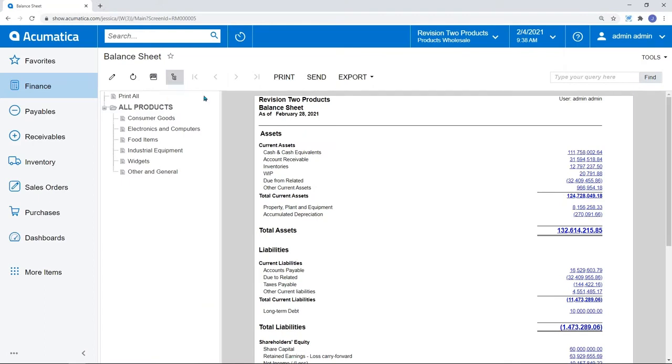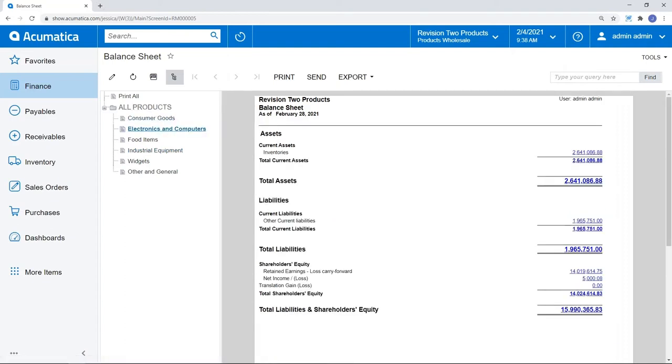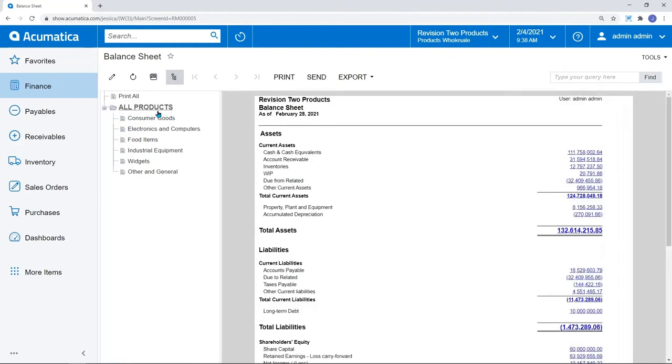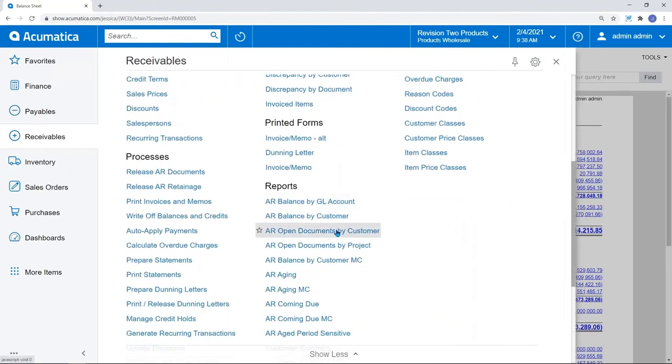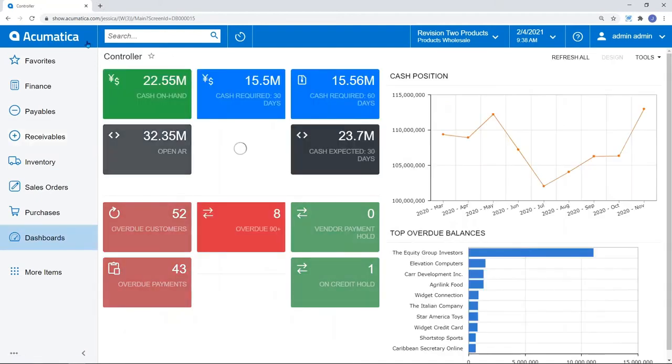So this balance sheet just happens to be broken out by product line. So if I'd like to just drill down into my industrial equipment or my electronics versus all of my products, I can do that very easily just by drilling into that specific unit set. We can do this with locations and branches and really you name it. If there's a way that you would like to report, there is very, very likely a place for you to start, either the report already exists, or we can help you create it. About 250 to 300 of these out of the box.